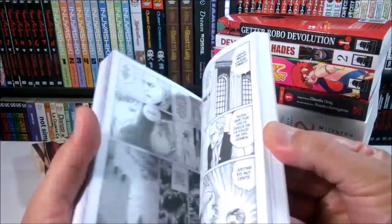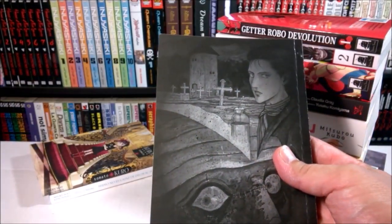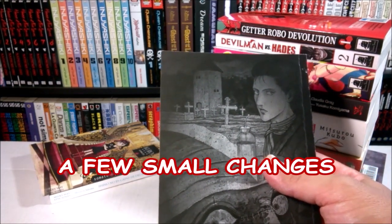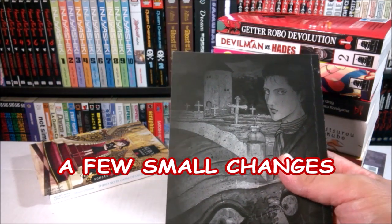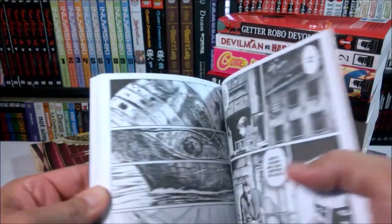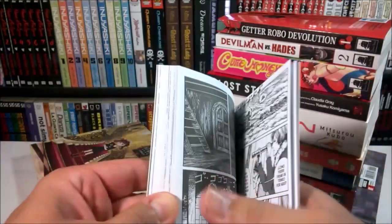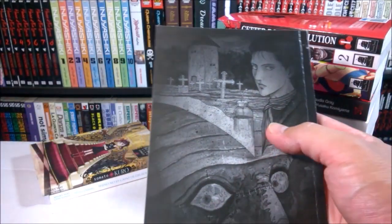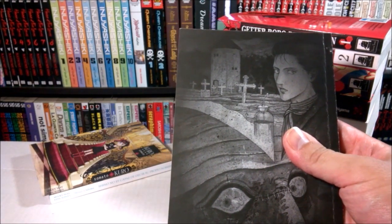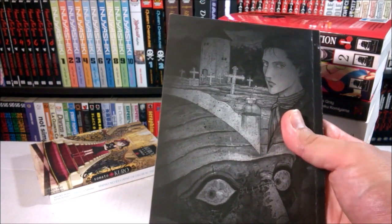And if you've read Mary Shelley's Frankenstein, that's what Junji Ito did here. He just adapted the novel. I will say it reads a lot faster because you don't get the narrative, and the art is very Junji Ito. I have to say I do like the way he did the creature. I think it's probably the best, for me, the best adaptation of or the best representation of the